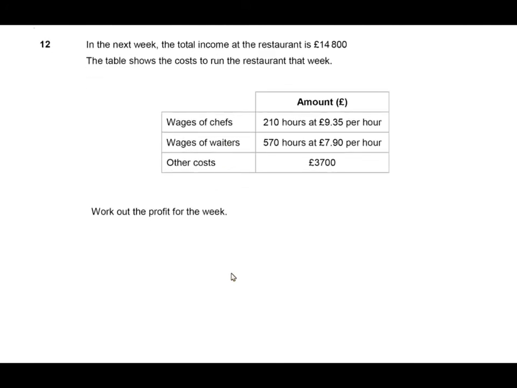Question 12. In the next week, the total income at the restaurant is £14,800. The table below shows the costs to run the restaurant that week. The wages of the chefs, the waiters and other costs. So we need to work out the profit for the week. So the wages for the chefs will be 210 times